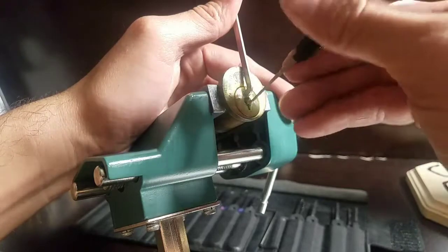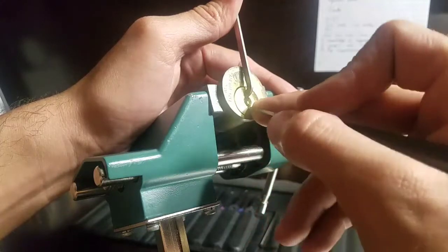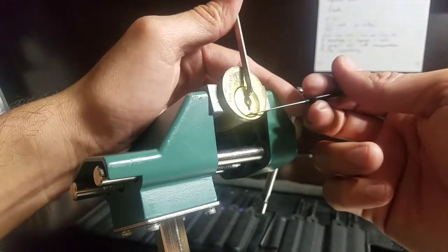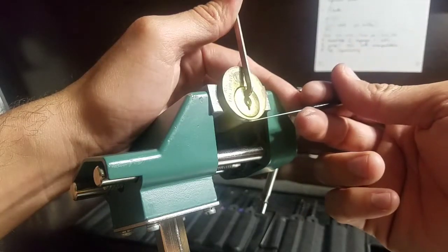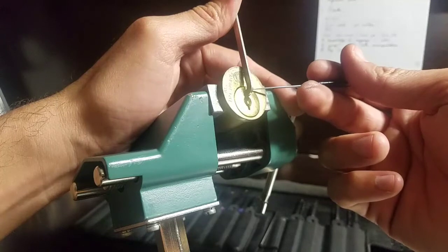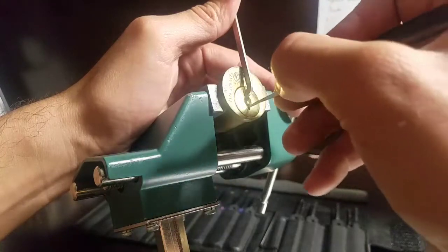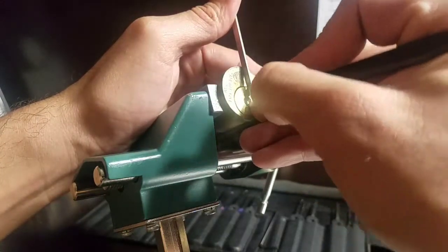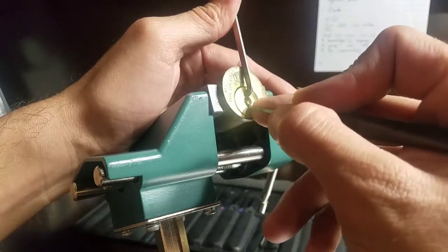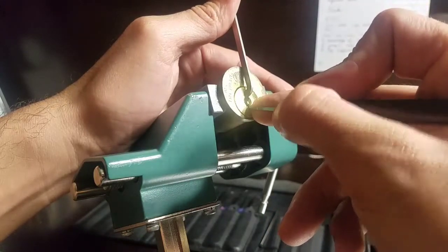You can overset the wafers because they run from top to bottom in the keyway. If you push one up too high, you'll lift it beyond. It has to shear at the top and bottom at the same time. So if the pin's down in the bottom of the lock here, and you're pushing it up, you have to push it up to shear, but if you push it too far, you'll push the top end of the same wafer up into the opposite side of the core here, or side of the lock body. So you'll essentially be relocking it with the wafer that you just picked. So it's important to be mindful of that,